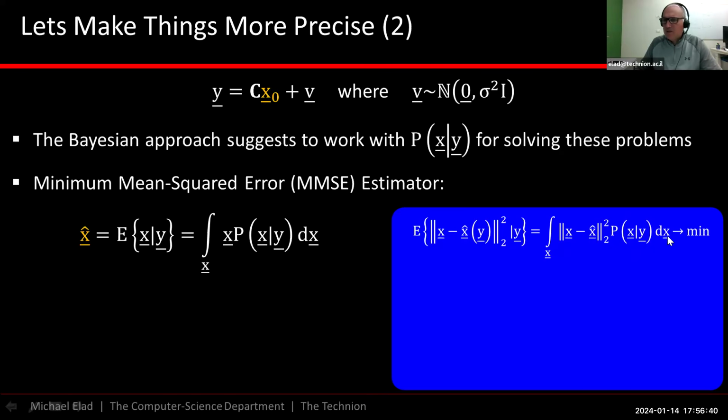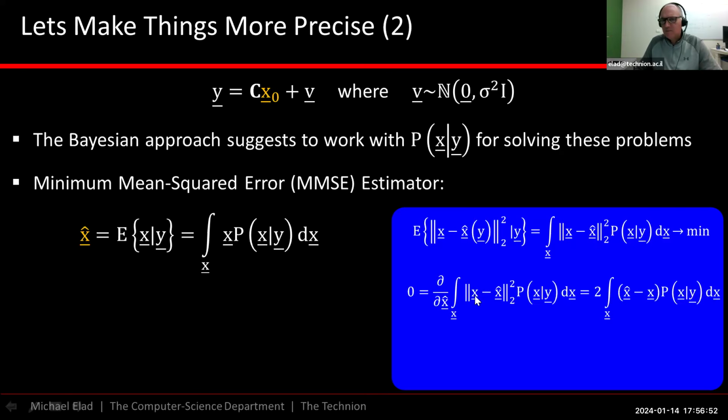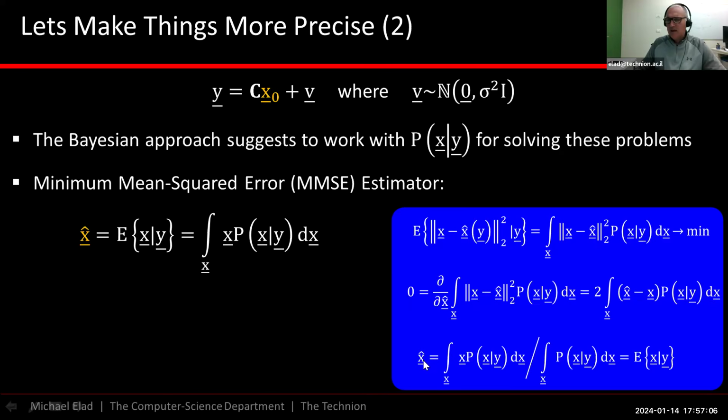So let's take a derivative of this expression with respect to x hat. And when you take a derivative, the derivative steps inside, derives the L2 term, and all this part is simply replaced by 2 times x hat minus x. Here it is, 2 times x hat minus x, p of x given y, dx. And this should be 0. Organize terms, and notice that x hat can fall outside of the integral, and you end up with this formula. X hat should be